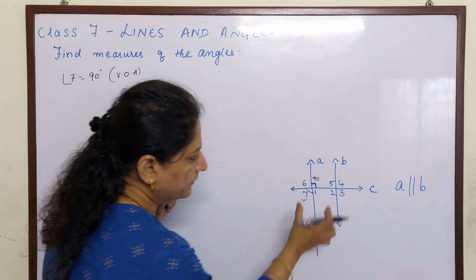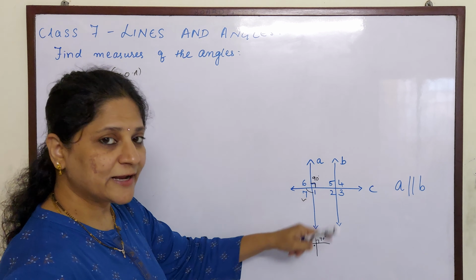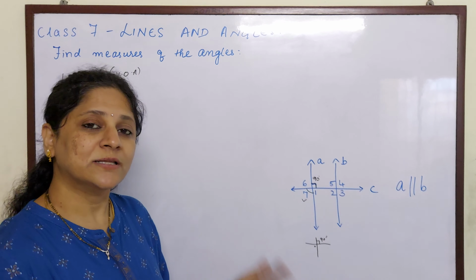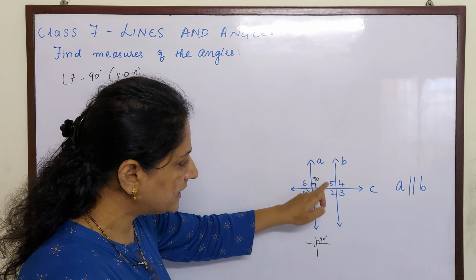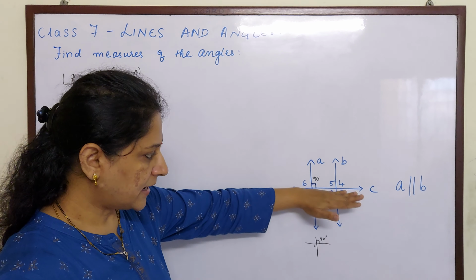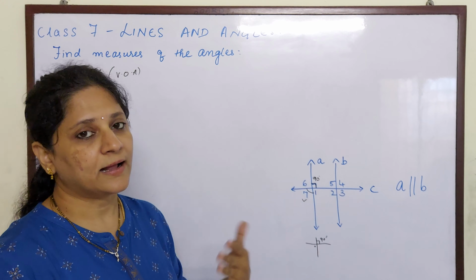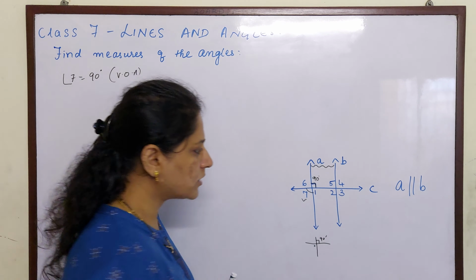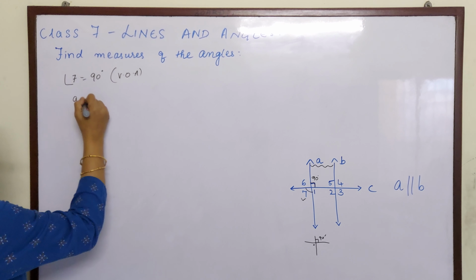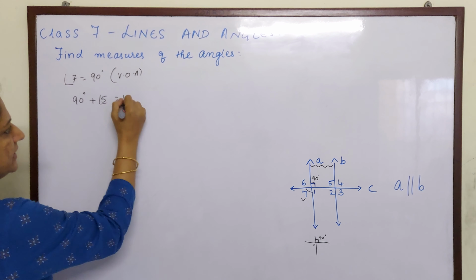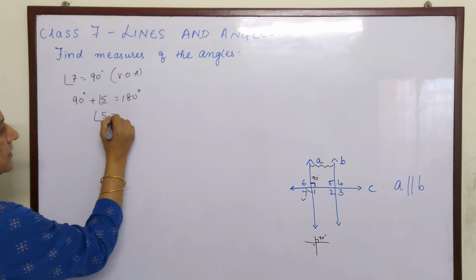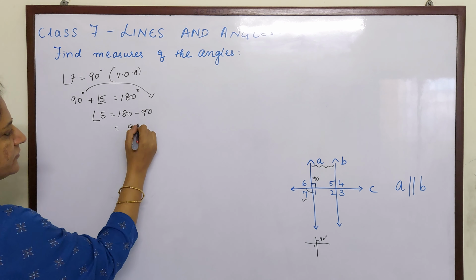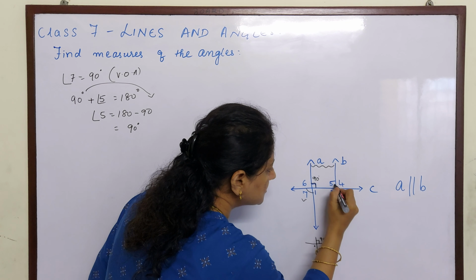Okay. Now between these two, what is lying on the same side of the transversal? Let us think this is up and this is down. So on the same side of the transversal, 90 degrees plus angle 5 are lying on the upper side of the transversal, and they are supplementary, and they are also interior angles because they are lying between these two lines. So 90 degrees plus angle 5 will give you 180. So what is angle 5 children? 180 minus 90. So we got angle 5 as 90. So this is also now 90.